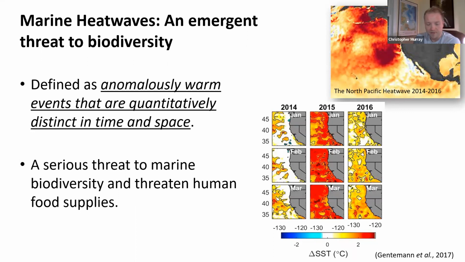The fallout of the North Pacific heatwave event between 2014 and 2016 was really massive. And only now are we really understanding the ecological toll of that event. There was a huge pool of warm water that spilled across the Eastern Pacific and led to temperature anomalies that persisted for months at a time, resulting in huge effects up and down the food webs, both oceanic and coastal food webs. And effects were felt as far south as Baja California, all the way up into the Gulf of Alaska.